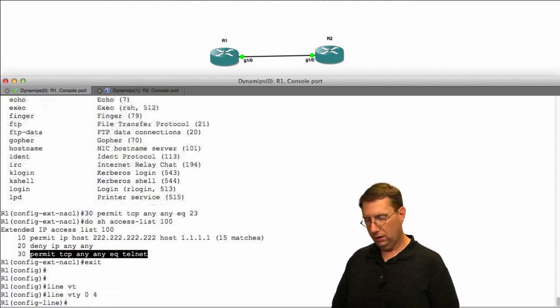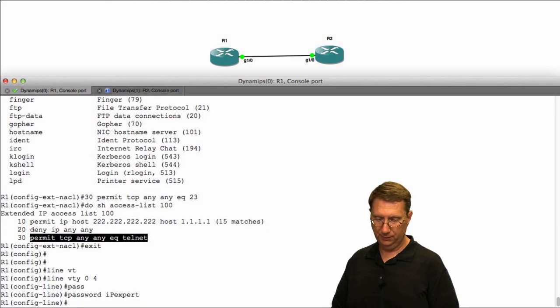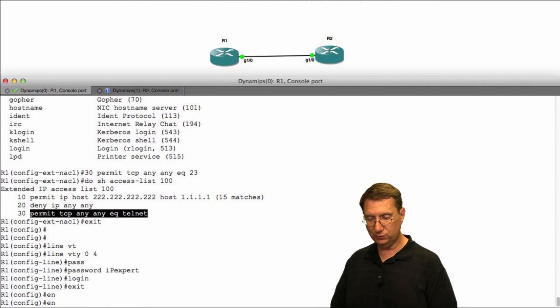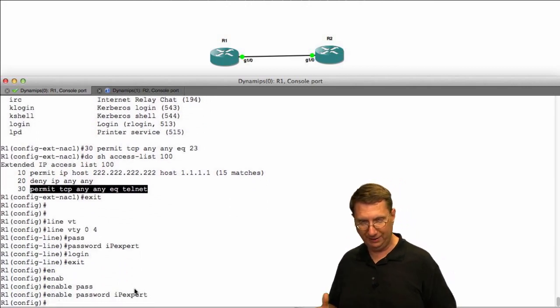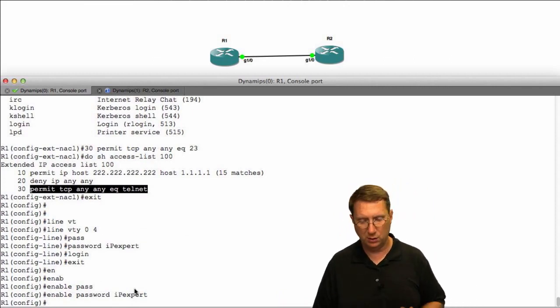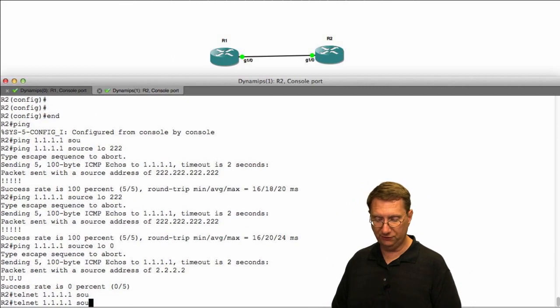0 to 4, and I'm going to go ahead and say password is going to be IP expert. I'm going to tell it to use login. And I'm going to enable password. So enable password IP expert. It's going to bark at me 9 times out of 10. I notice it didn't in this instance because I used the same password, but that's going to be irrelevant. Let's come over here and see what happens when I try to telnet. I'm going to say telnet, and I want to telnet to 1.1.1.1, and I'm going to source it from